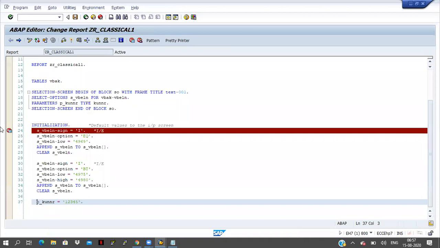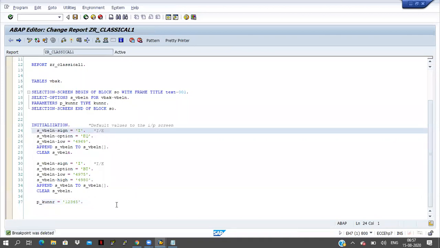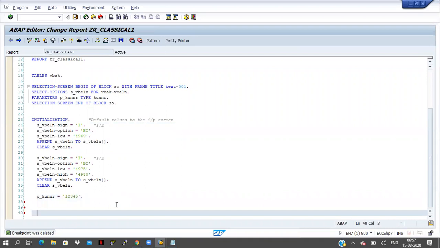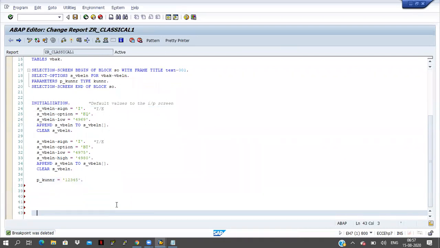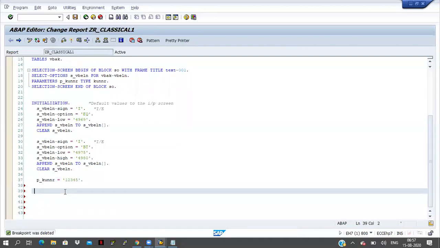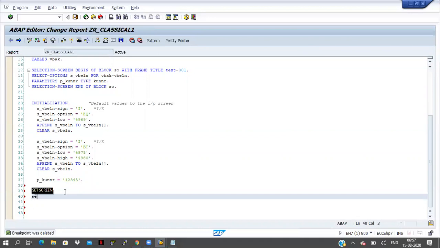Now what I will do, I want to fetch some data from the KNA1 table based on the customer number. I am writing a select statement here.